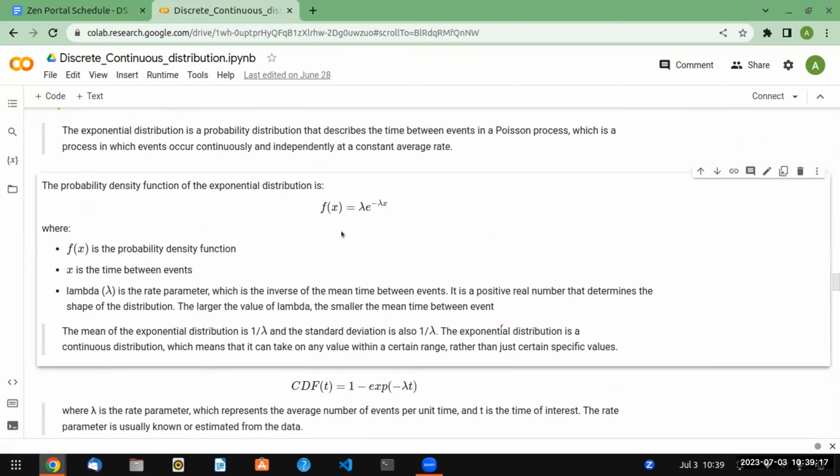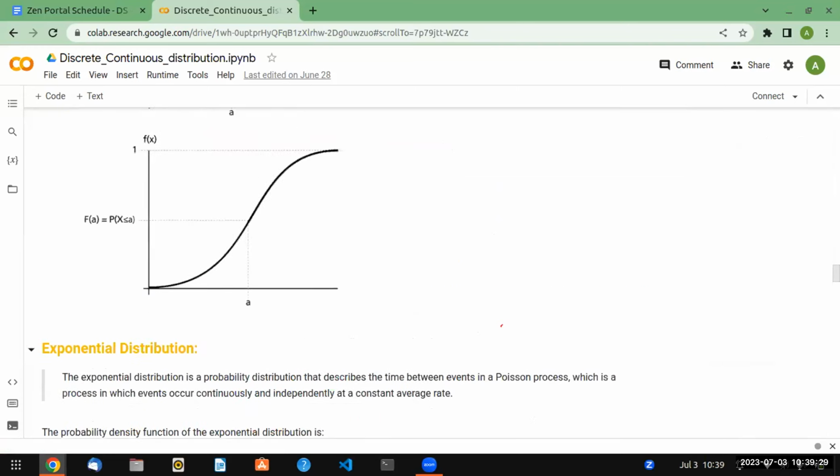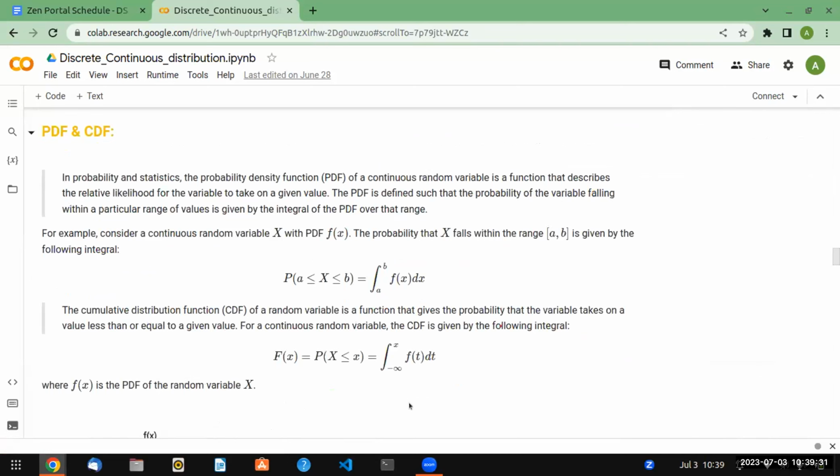You need only see that this is the PDF and this is the CDF. And the CDF formula is what? 1 minus e to the power minus lambda t. Now, how to calculate the CDF? We have seen this, okay? For any function, if we do the integration from minus infinity to any particular value, that will give you the CDF. So here in this formula, this part is changed with what? F of t means what?